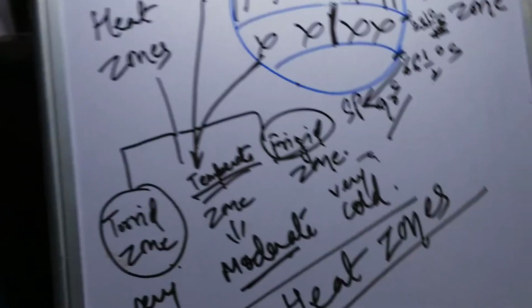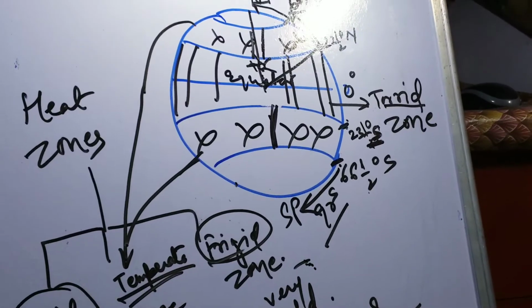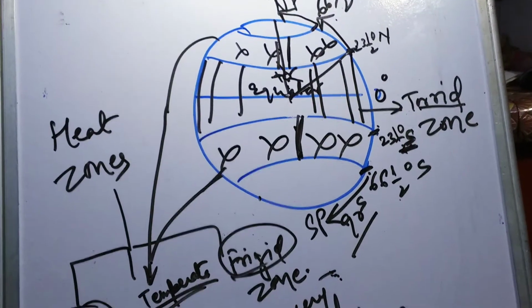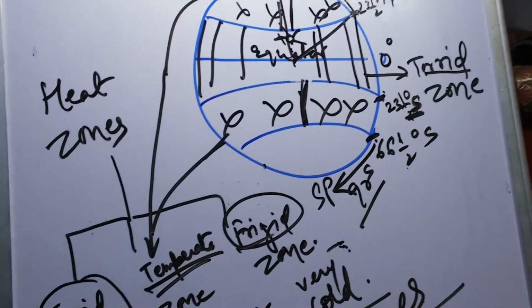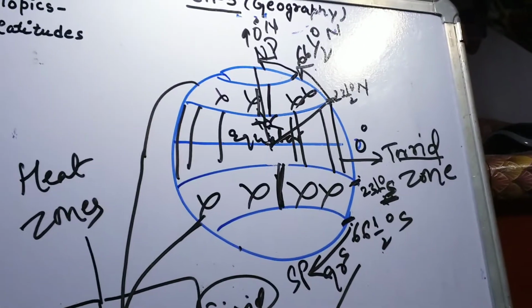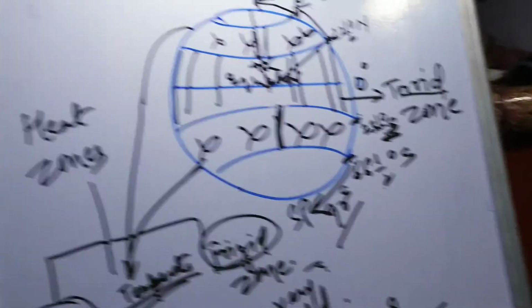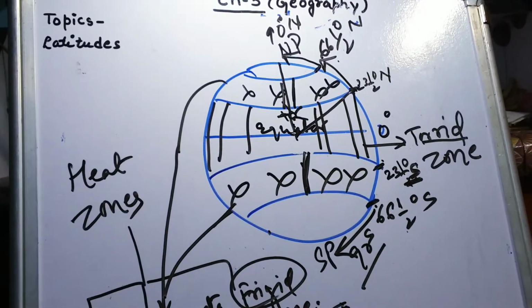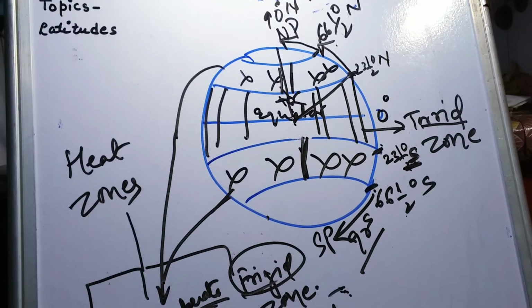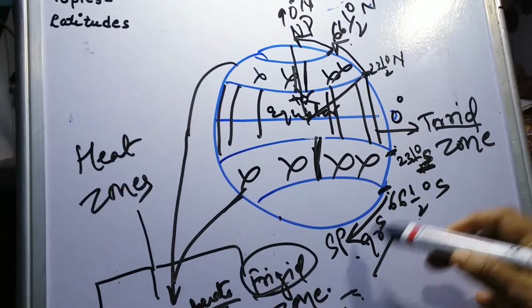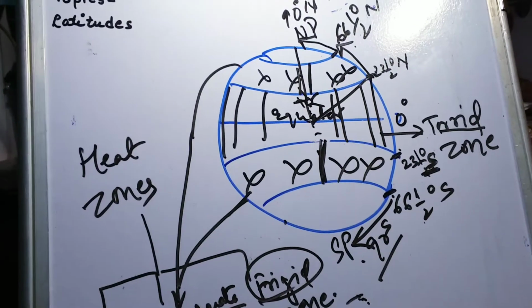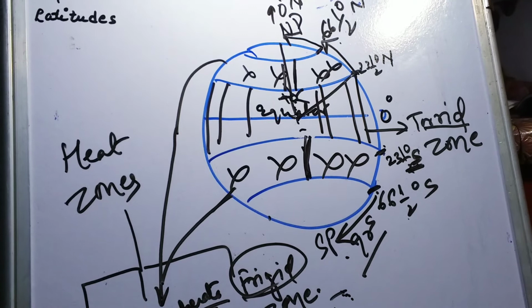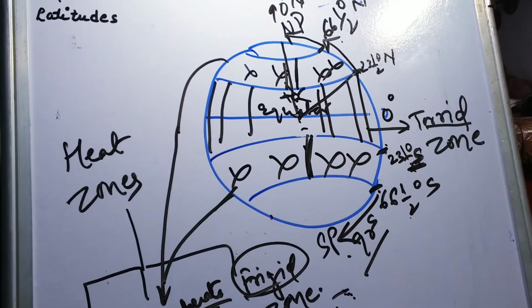First we came to reference points. Reference points are called landmarks. After that, the earth is having two poles, North Pole and South Pole. That is the two basic points of reference. If somebody asks you what are the two basic points of reference, North Pole and South Pole. And this equator divides the earth into two halves: northern hemisphere, southern hemisphere. Hemisphere means half. It is divided into two parts.